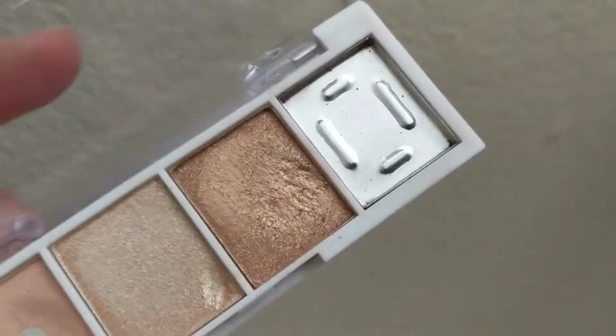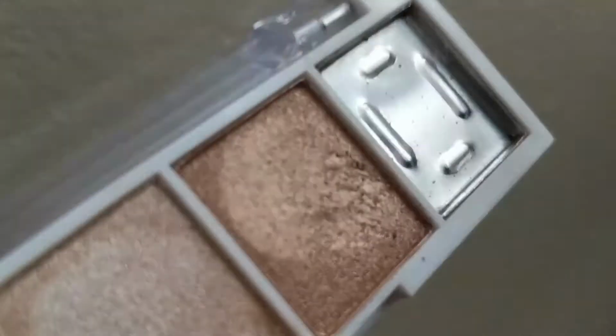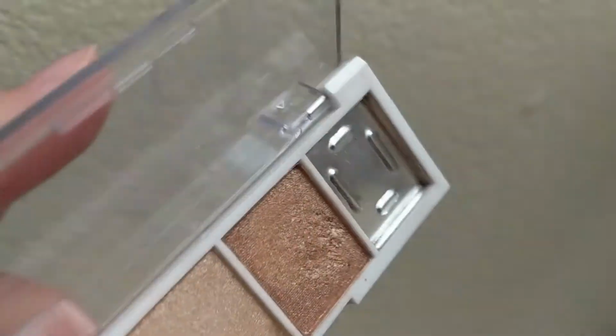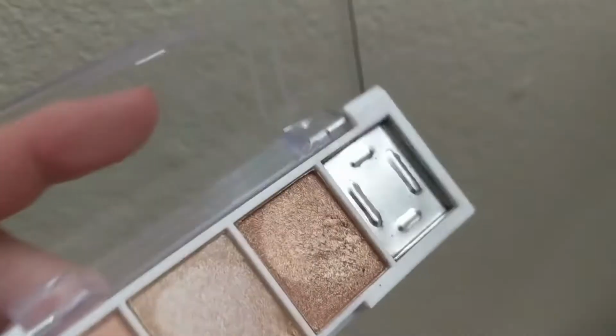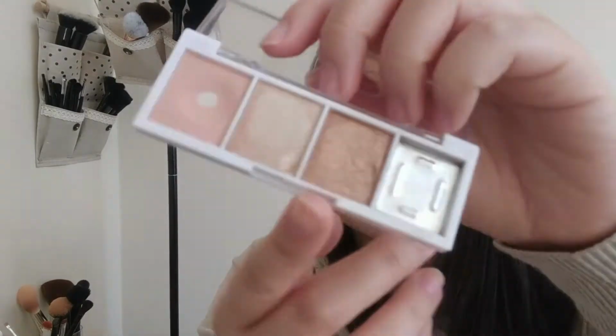Okay, the last product that I rolled in last time comes from the e.l.f. Cream and Sugar palettes. I used this product a total of 9 times, and this is what it looks like right now. So I did destroy the shade next to it because it kept crumbling, but yeah, there's like no real progress on this even though I've used it so many times, and I am not light-handed with this product at all